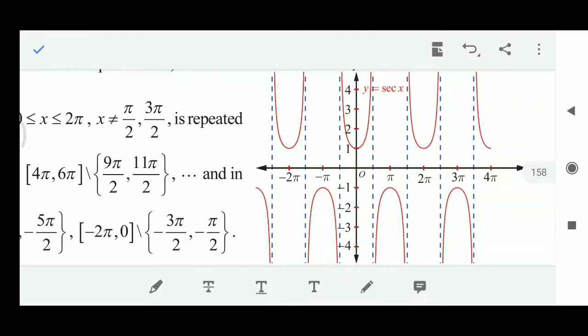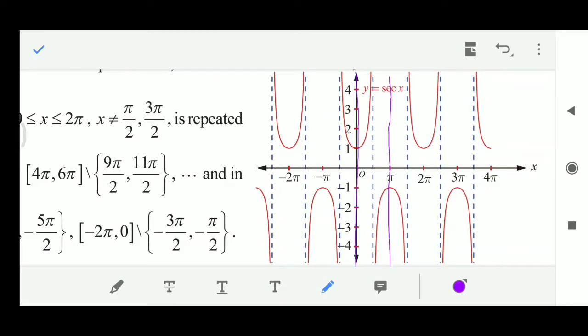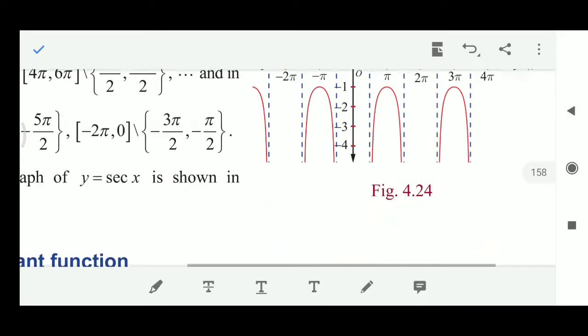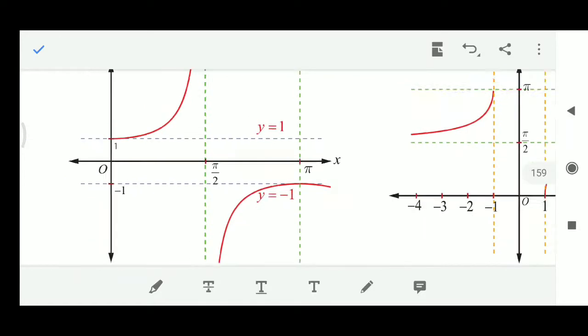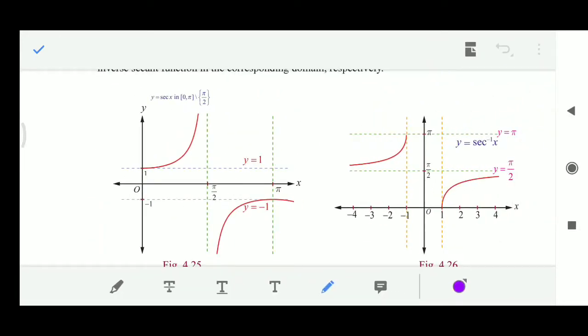Here I am going to restrict the domain to draw the secant inverse for all values. Here I am going to restrict from 0 to pi. For 0 to pi, you get all the values of secant starting from minus infinity to minus 1 and from plus 1 to plus infinity. So the first graph denotes the secant graph to the restricted domain 0 to pi. With this you can draw the secant inverse. The second graph denotes the secant inverse graph to the restricted domain 0 to pi by the reflection of the first graph.